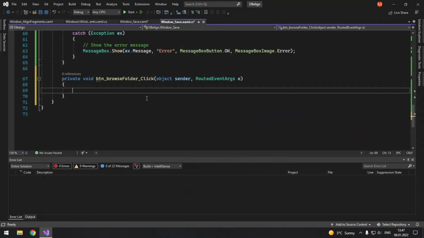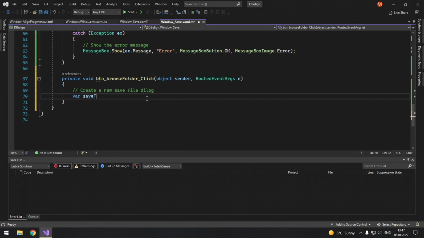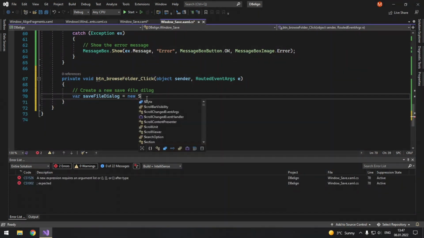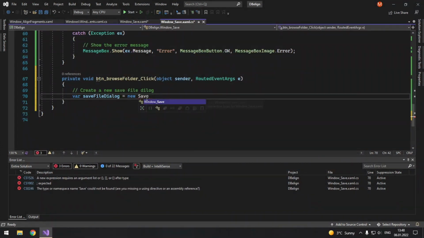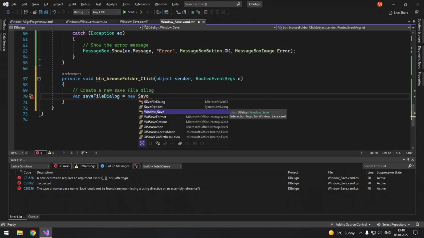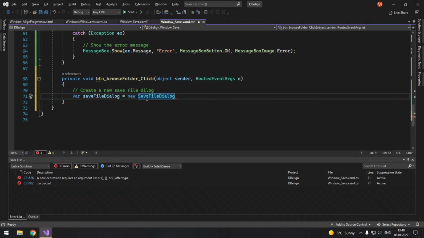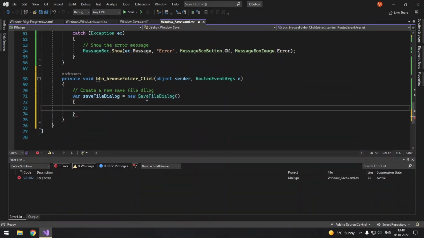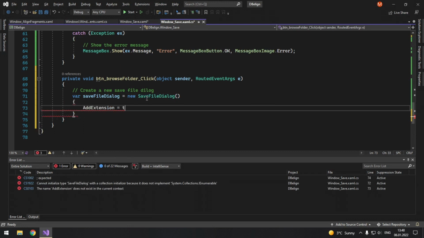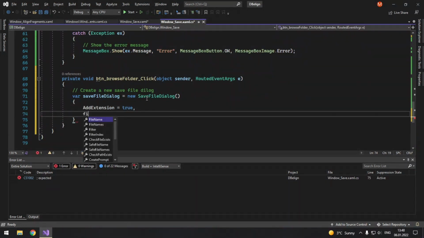Press F12. When we click it, we will create a new save file dialog. So var saveFileDialog equals new SaveFileDialog, press Alt-A. Okay. Actually, let's modify it. AddExtension set to true.